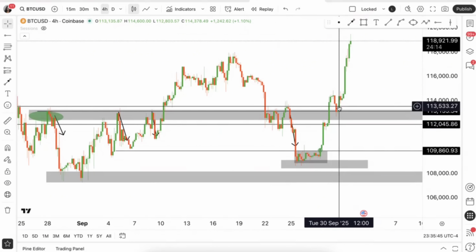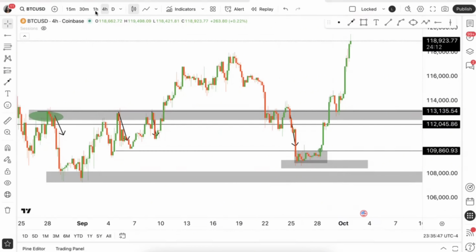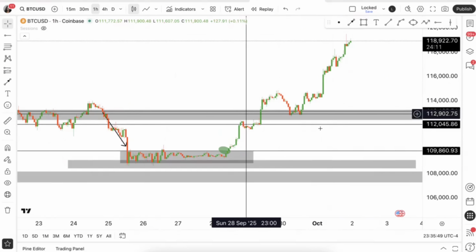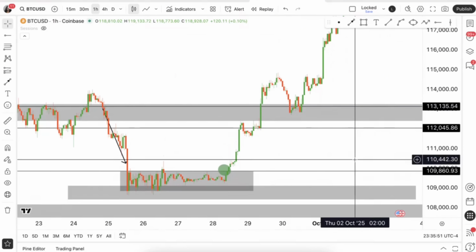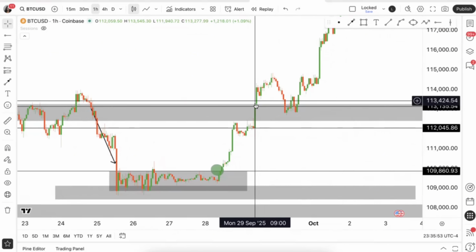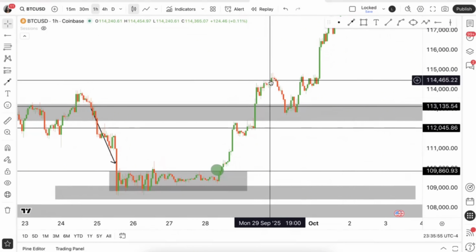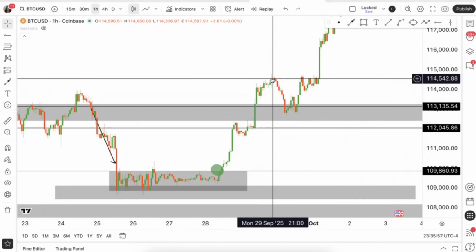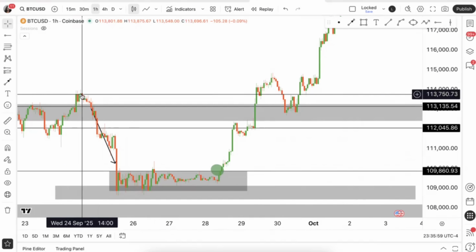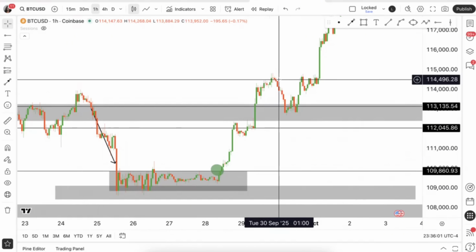And then this is when I actually saw price. I would scroll down to the 1 hour time frame. This is when I saw price make a push above this level. I counted this as an indication because we were above this level. And then this is what I saw.